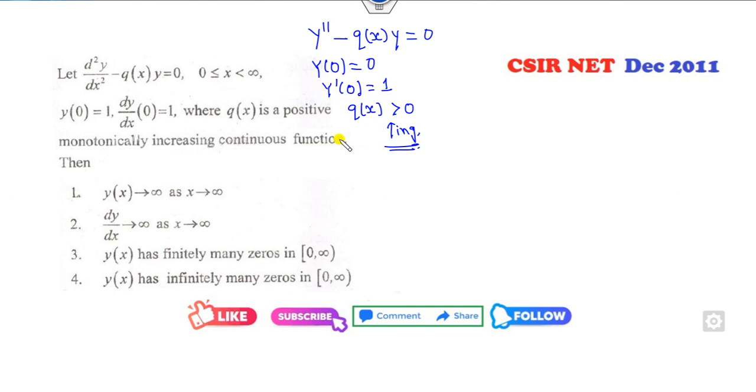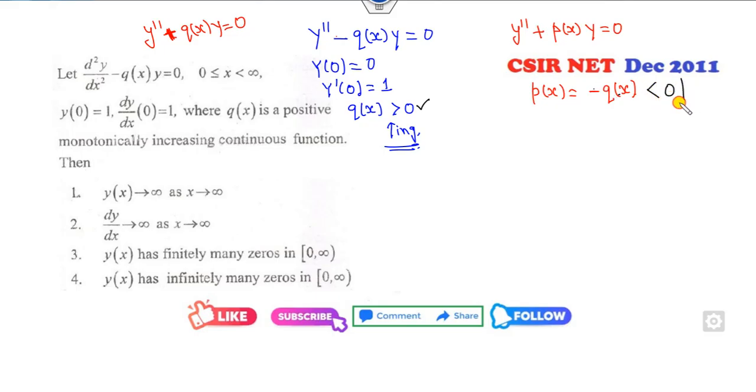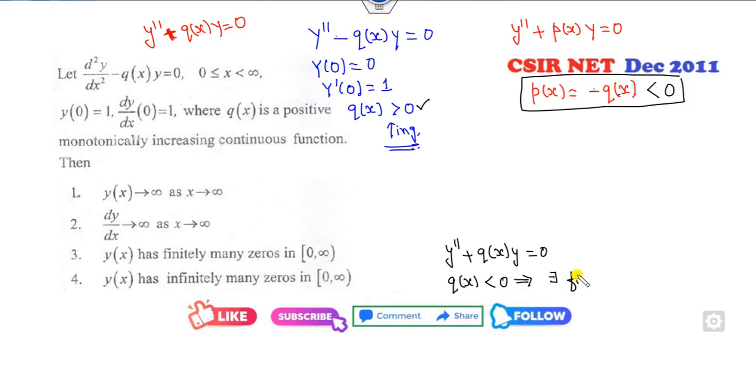Now, if you compare this differential equation, make sure the right hand side is 0. So if I call this p of x, then p is minus of q of x. Because q is positive, this number is less than 0. So what does it mean? If q is less than 0, remember what is the case for that? Whenever this case is here, that means there exists at most one,